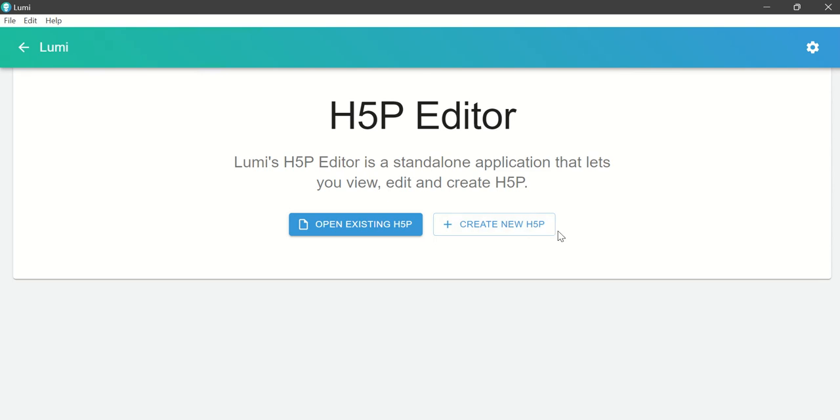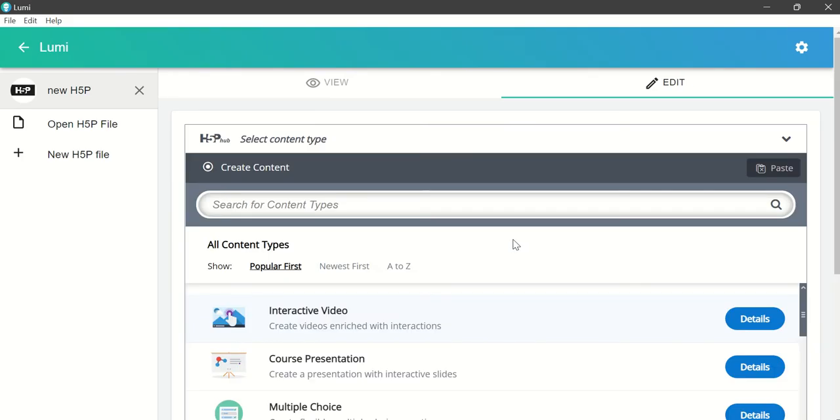We are going to create an interactive book step by step. So first, open your Lumi app and then click Create New H5P. Okay, so if you are in this interface, in the search for content types, enter